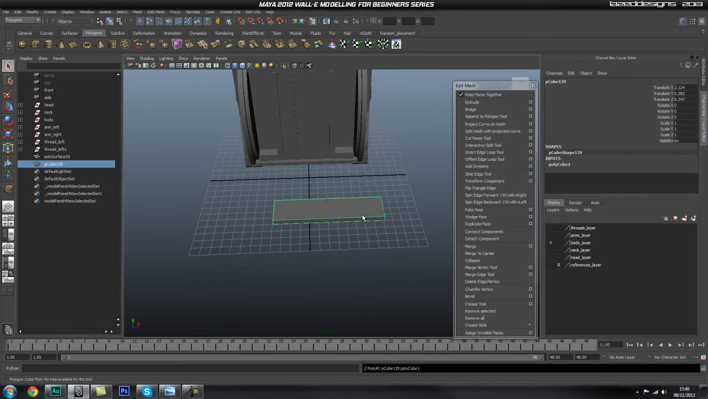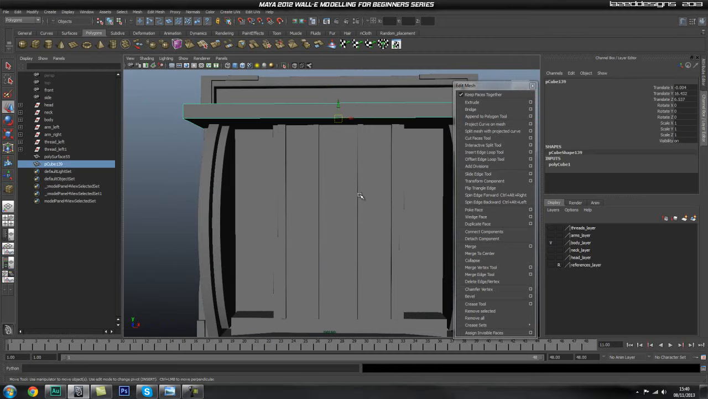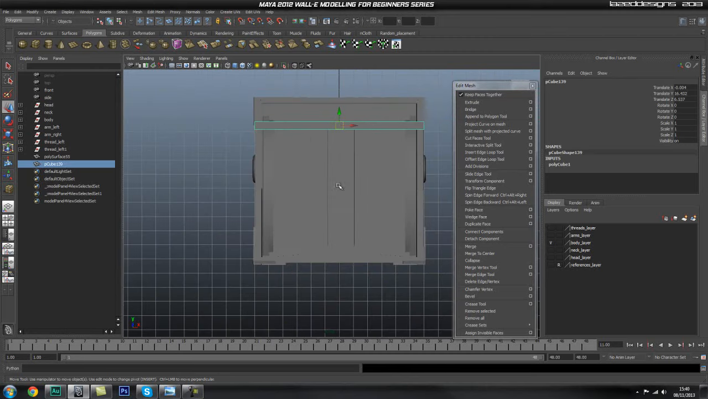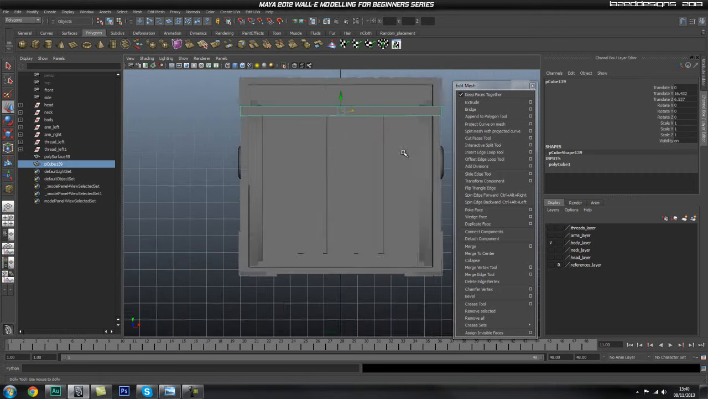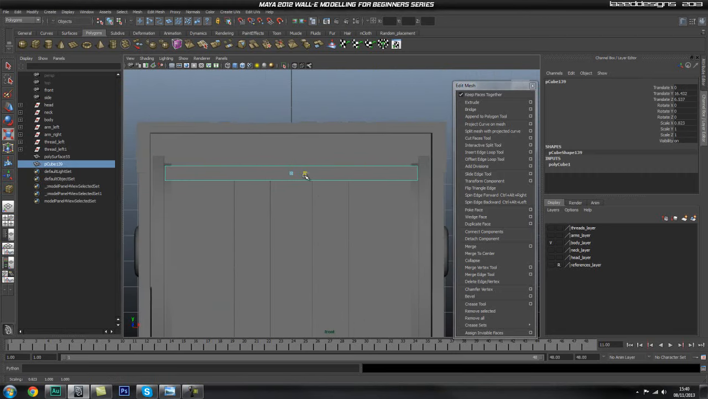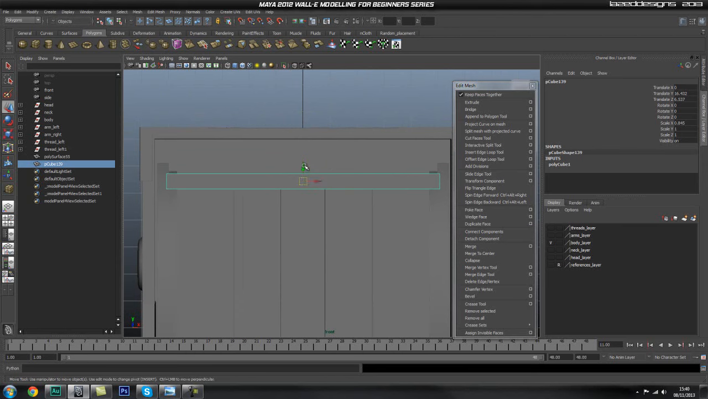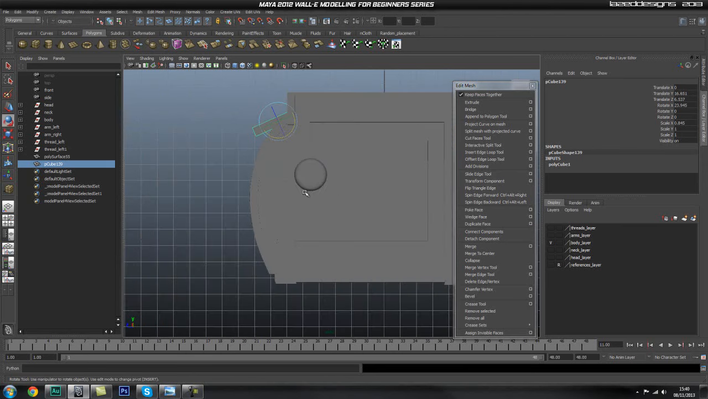Okay, and again I'm just going to go ahead and hold down V and snap it up there somewhere, and then go into a front view, make sure I select that. Now hold down X to snap it to the grid so it's in the middle. Okay, and now I'm just going to go ahead and scale it this way, so around there. Okay, drag this up, and then we're going to have to go ahead and rotate this. Let's go into a side view,